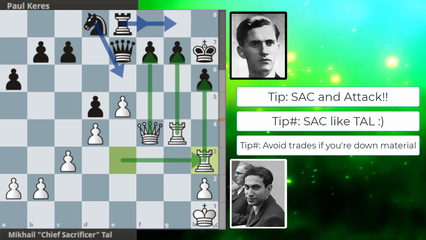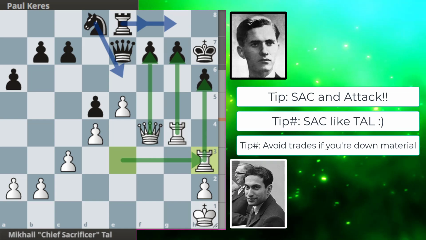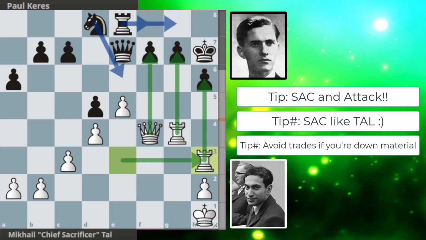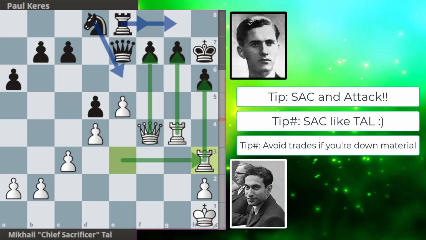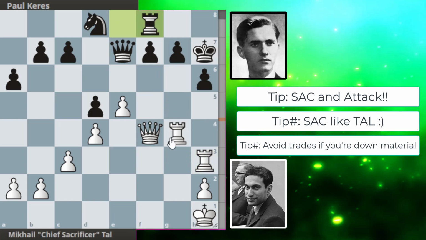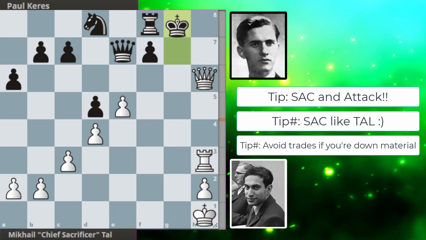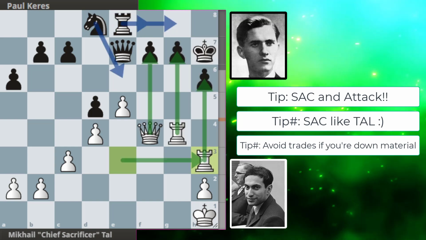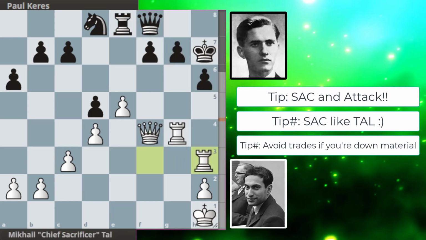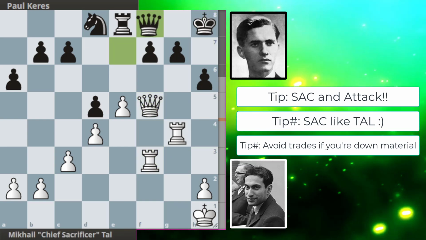And Tal just continues to apply pressure on Paul's king and threatens mate in 3. So if you're not careful over here, if you play a move like knight to e6 or a rook move, for example, you are simply just a goner. So you basically take and you're getting mated. So in the game we got best move queen to f8, rook to f3, king h8, queen to f5, queen